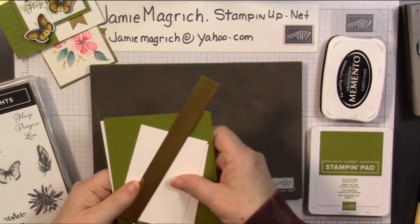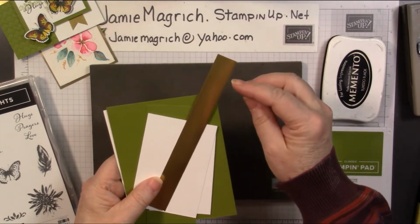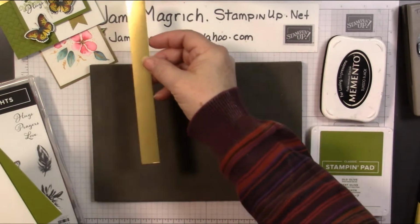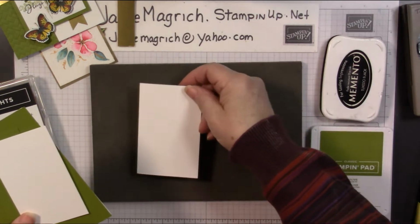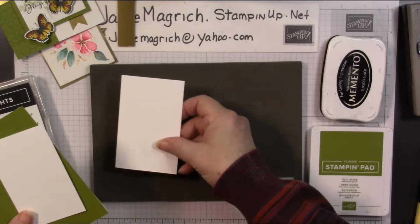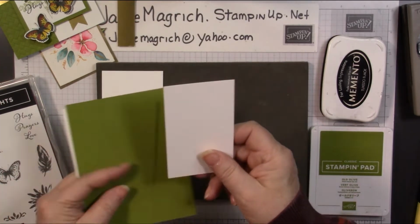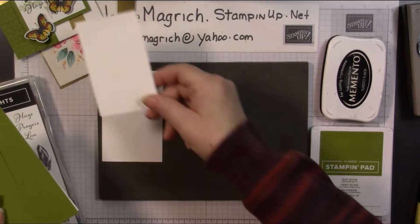For consumables, I have a strip of gold foil. It's 3/4 inches wide. I'm just going to cut 3 little flags off of it, so we're probably only going to need about 3 inches of that. I have a scrap of white to stamp butterflies on and die cut out. I have a piece of white which is 2.5 by 4 inches, and that's just for the main